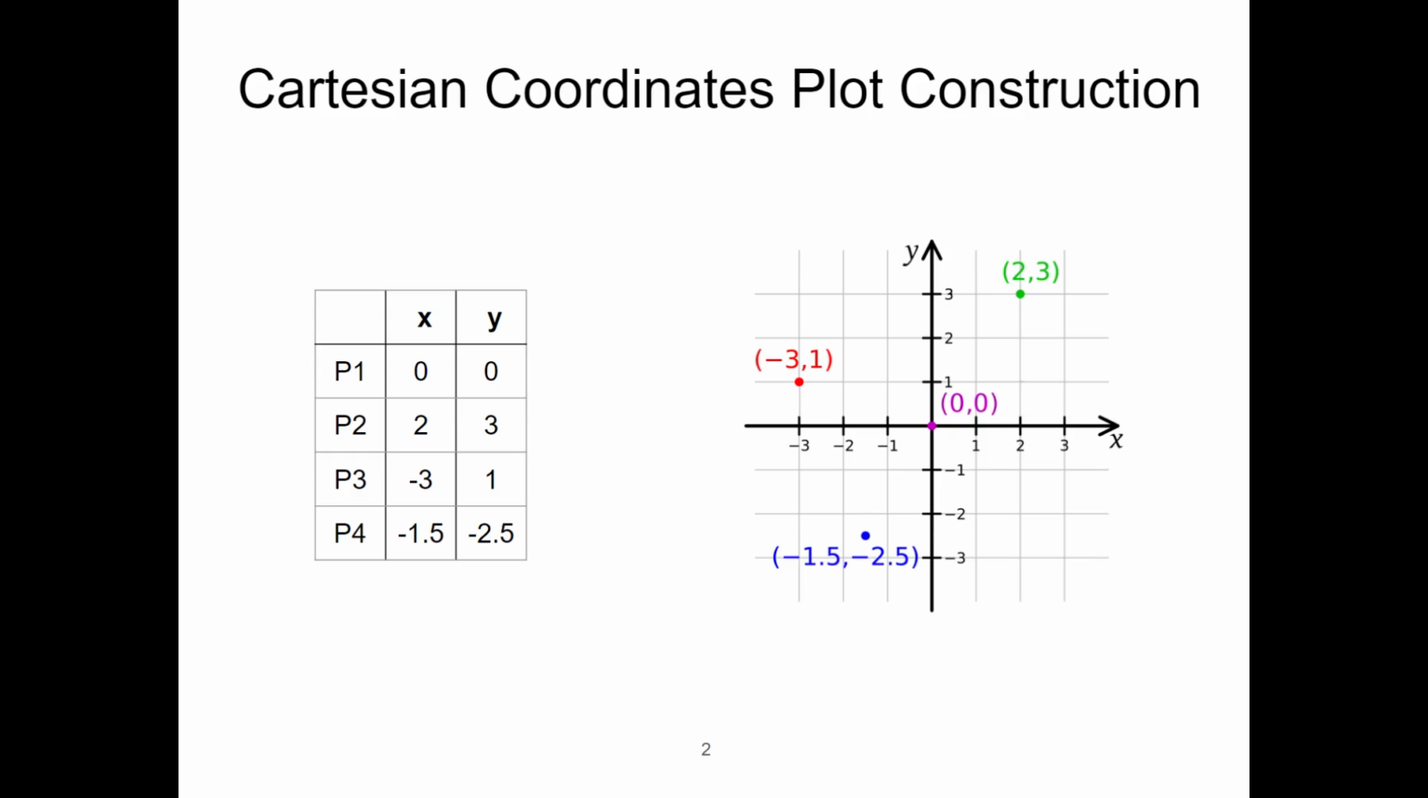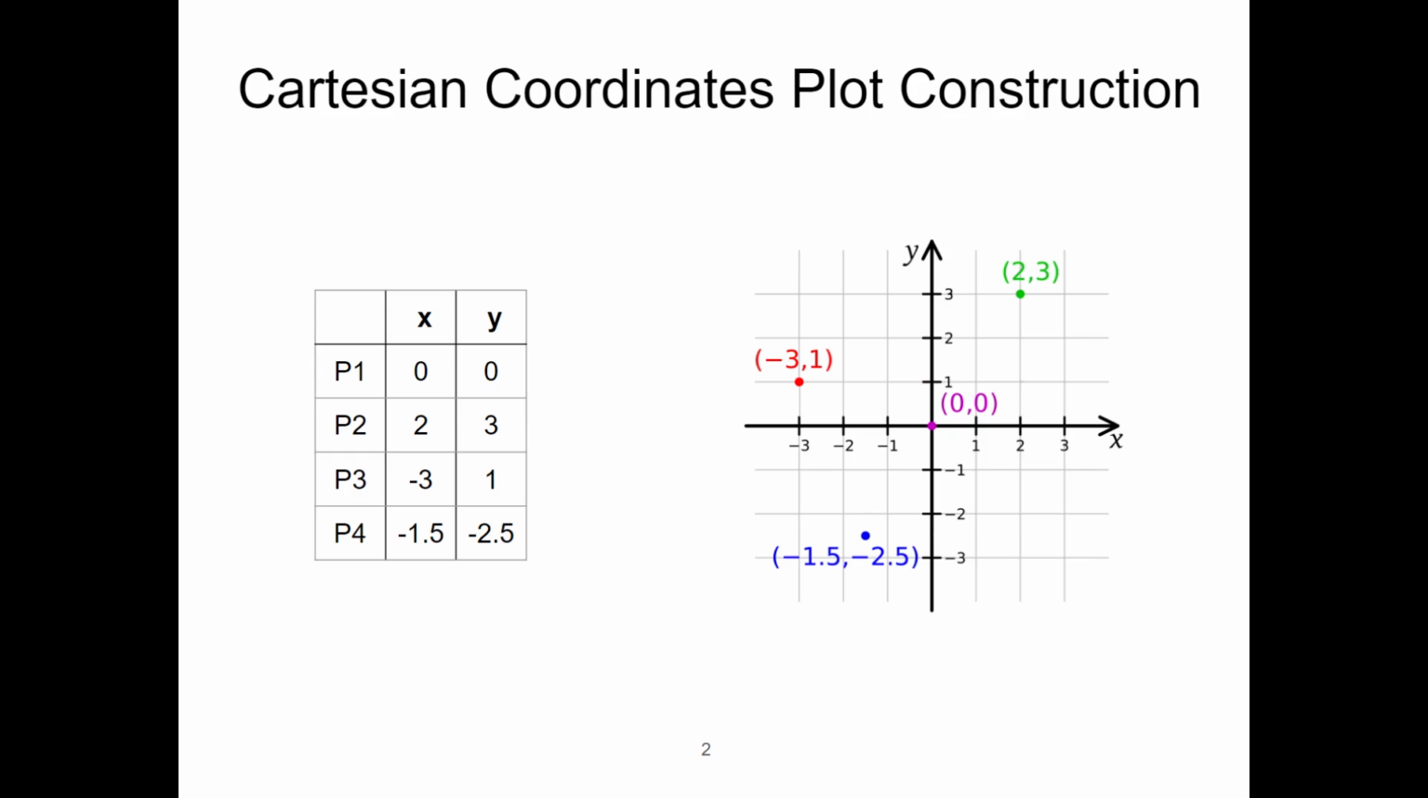The table on the left shows 4 different points with the 2 variables x and y. Each point is located on the Cartesian coordinates on the right. Point 1, 0, 0 is located on the origin. To identify point 2, 2, 3, we move 2 units to the right of the origin and 3 units upwards